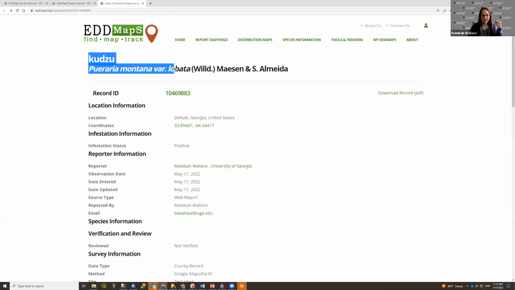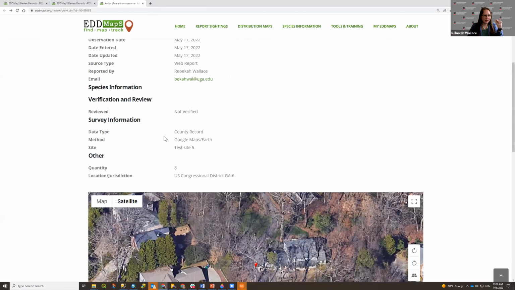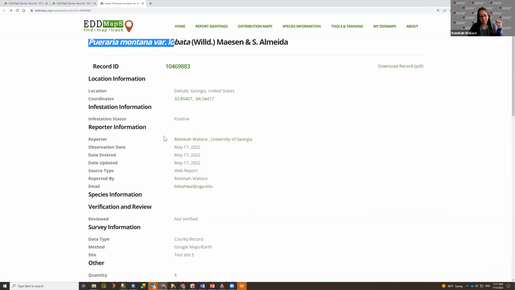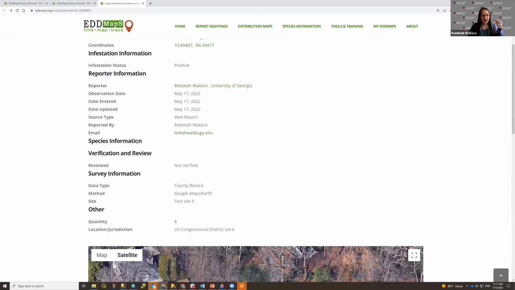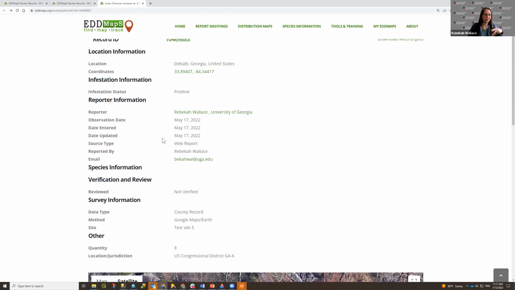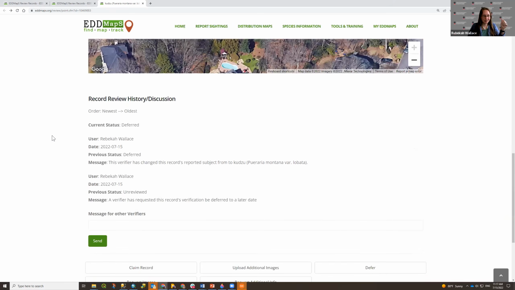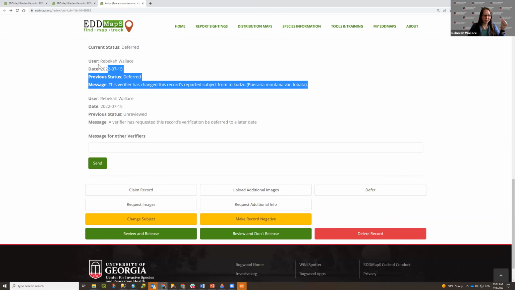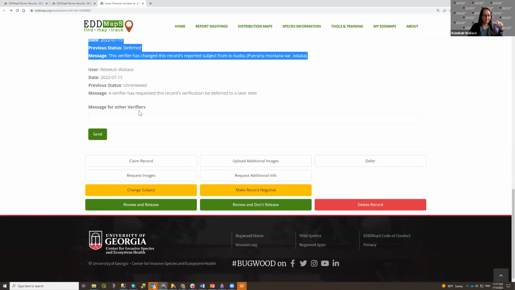The record now is a kudzu record, and while it's not showing up here, we do add another field called original reported subject, and it would show up in this information that the original reported subject was a test record. And so that's documented. You'll also notice it's documented here in this section as well.